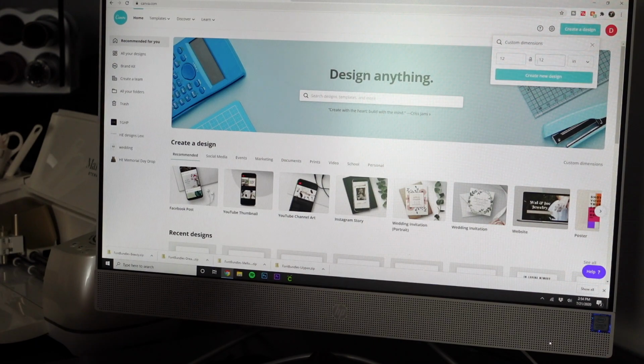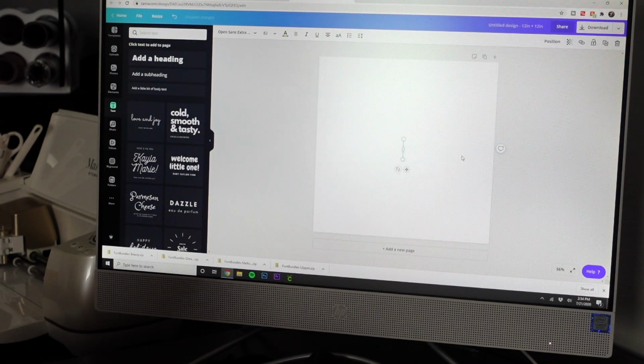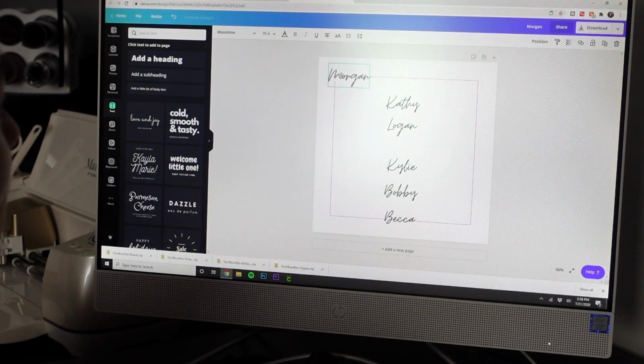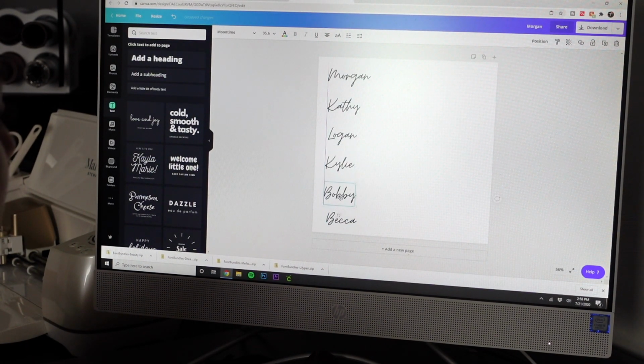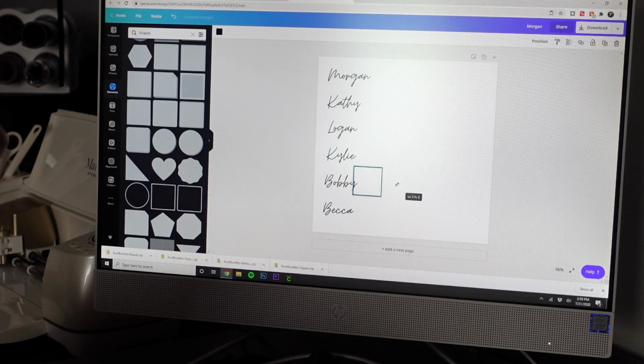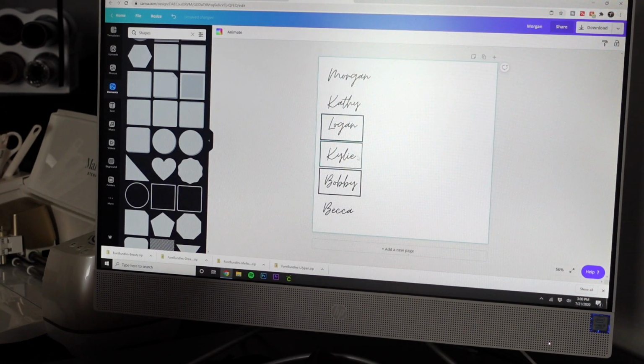Let's hop into it. All right, y'all, so I started off in Canva and I put everybody's names in. I did just start with one name in the font that I liked, and I used the font Moontime, and then I went ahead and copy and pasted it so that they would stay the same size, and I just changed the actual name. My next step while I'm in Canva is going to my Elements toolbar and then clicking into shapes, and I got a square and resized it to a rectangle that would fit around the names. The reason that we're doing this is so that it's much easier to weed